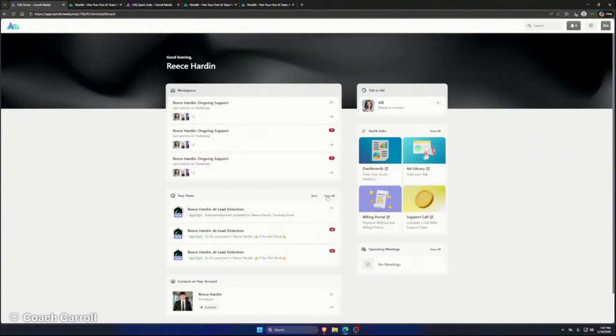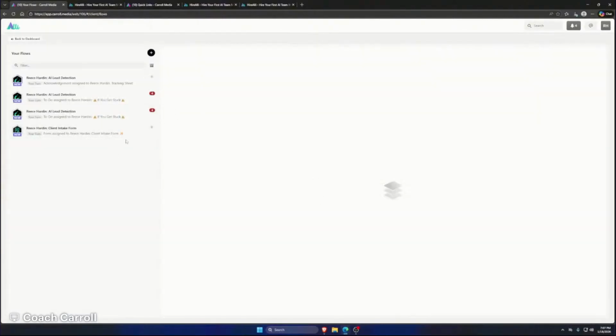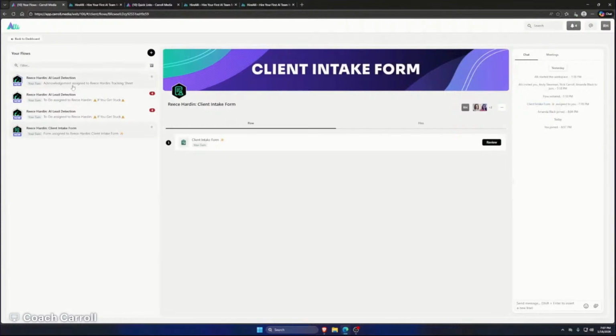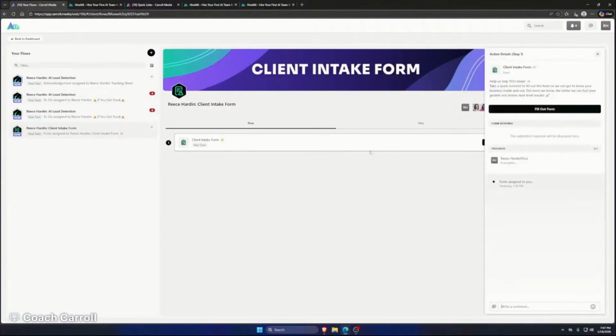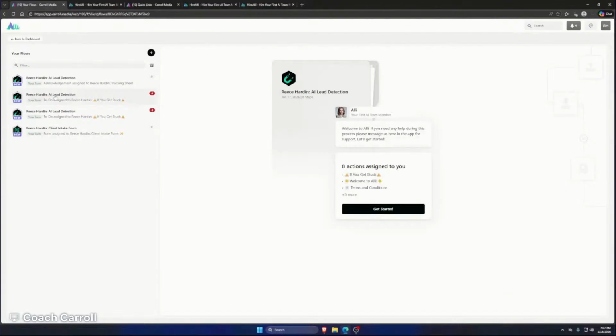Flows are basically step-by-step instructions that we need you to complete. By default, you're going to have 2 in here. Keep in mind, I have more because I have multiple accounts set up. First, you're going to have the client intake form. This is basically a very simple form that you usually have to go through and fill out. It's very simple. Just do it when you get the chance. And then for the AI lead detection form, this is for actually setting up your AI lead detection to your